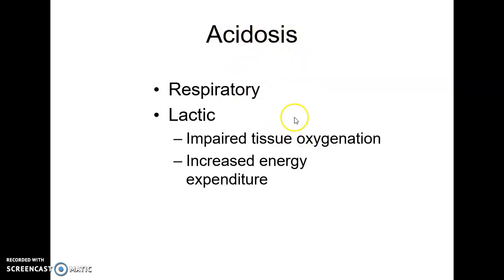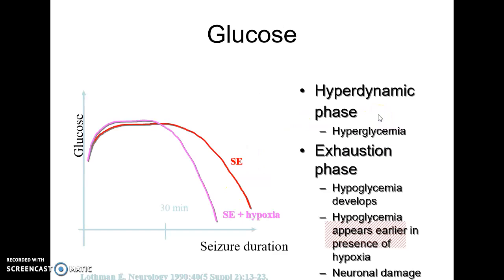Acidosis of the blood will happen, and respiratory acidosis will happen, with increased lactic acid production. Naturally, there is fatigue of the muscles, impaired tissue oxygenation, and increased energy expenditure due to seizure-related movements. So normally, what will happen? Systemic